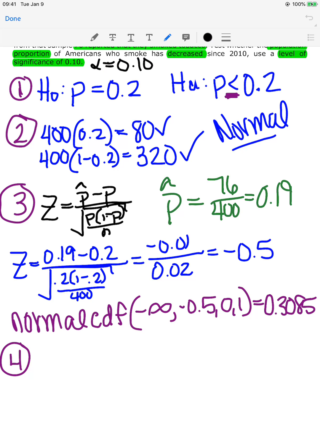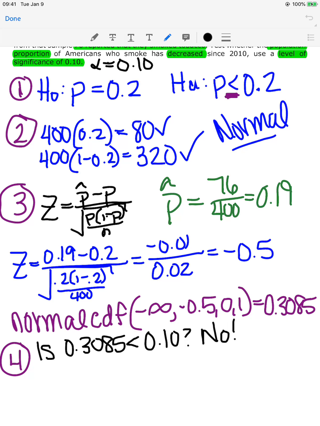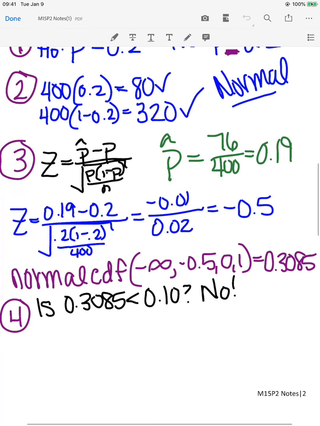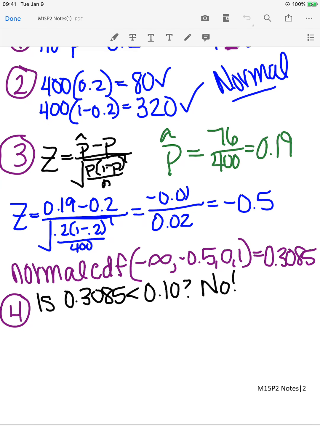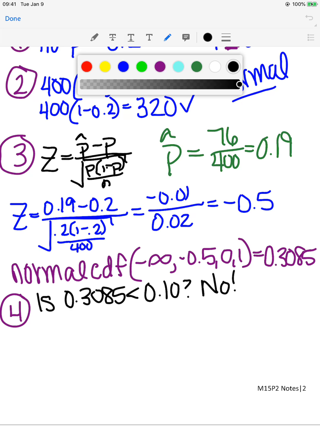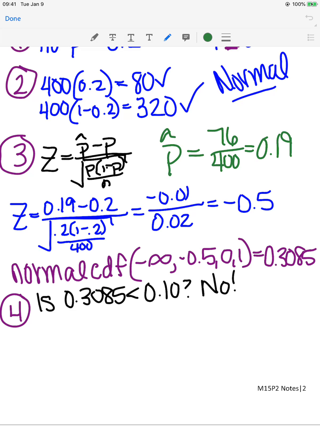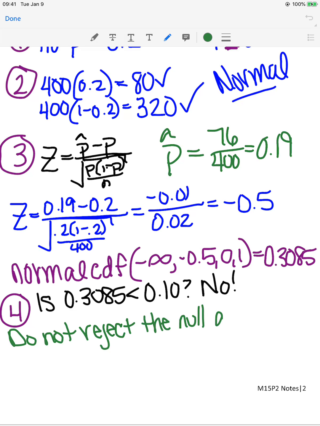I need to ask myself, is 0.3085 less than my alpha, 0.10? In this case, it is no. If your p-value is not less than alpha, that means the probability is not too small, so we do not reject. So we're going to write a final statement that says, do not reject the null and conclude